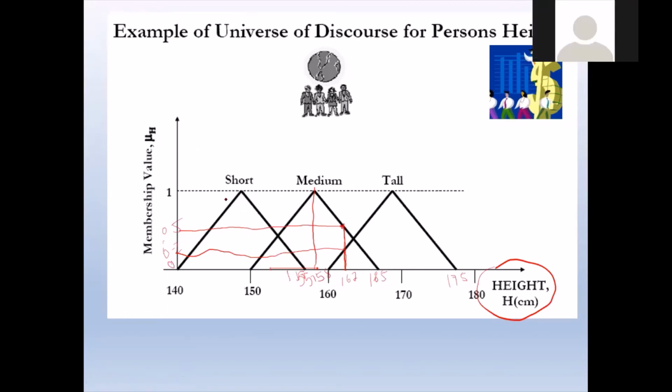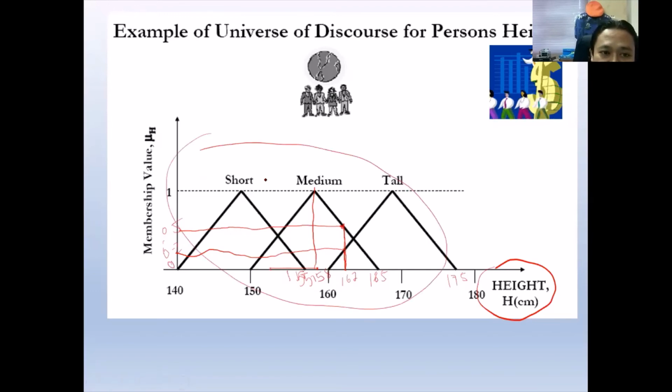This is what we call the membership value. This is the graphical form. You have to remember that this axis is the membership value from 0 to 1, and this is the universe of discourse. It depends on your system; for example, the universe of discourse here is the height. If you want to work with speed, maybe you can set speed from 0 to 100 kilometers per hour, and then set the membership functions for slow, medium, and fast. That is how we set the fuzzy membership functions. Here we have three membership functions.